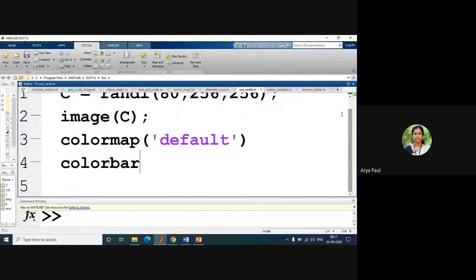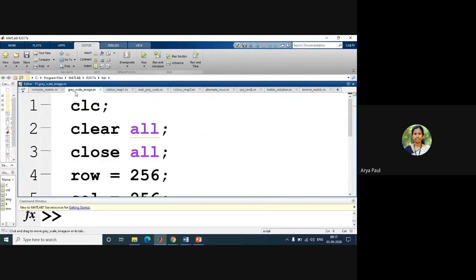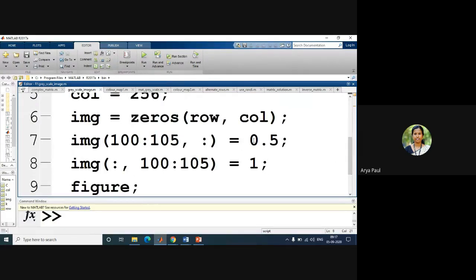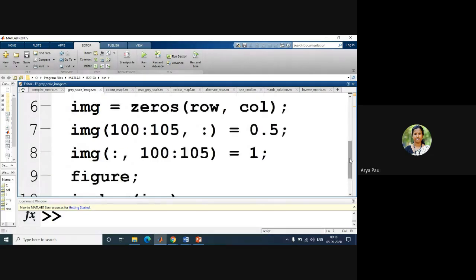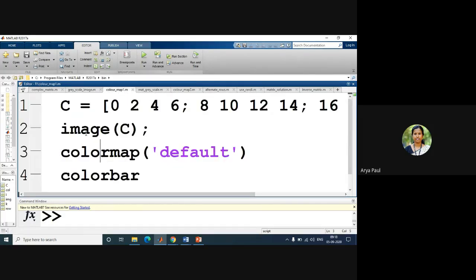So two functions we have familiarized with. One is imshow. With imshow you create a matrix having values one, zero, and in between zero and one. One means complete white and zero means black, and between 0 and 1 there are in-between shades. So you can show the image using imshow. Another function is IMAGE, which is for indexed images.